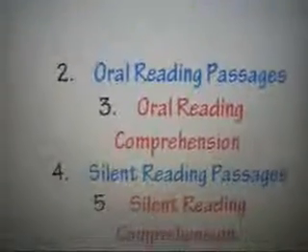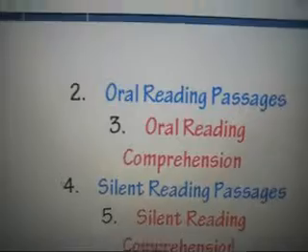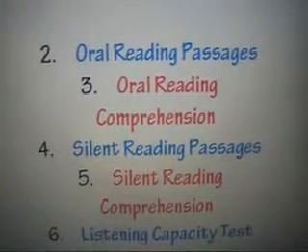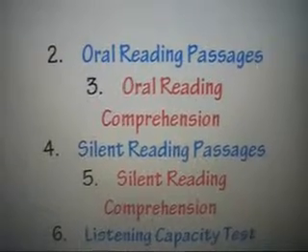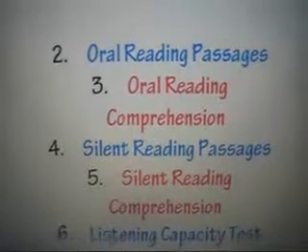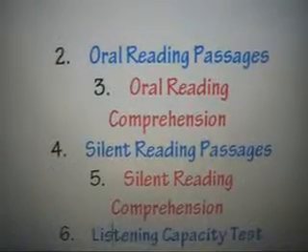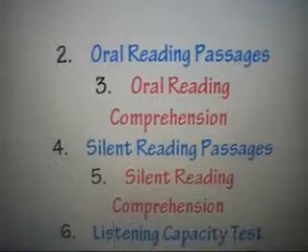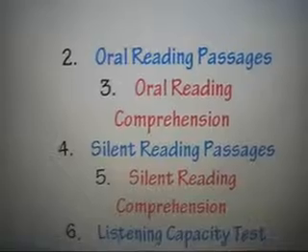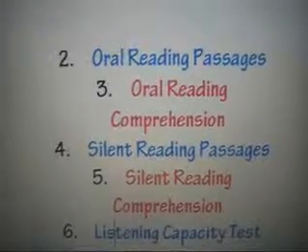You read until the child gets somewhere between instructional and frustration levels. Then you begin the silent reading passages at the child's independent, instructional, and frustration levels. Then you begin the listening capacity test at the child's instructional or frustration level, somewhere in between there, and that is where you read out loud to the child and then ask the child comprehension questions. You want to get the child's independent, instructional, and frustration levels. This will help you determine at what level the child reads best, what books the child can read,